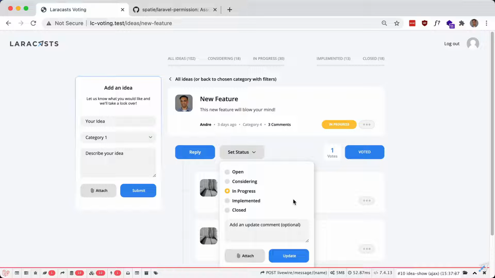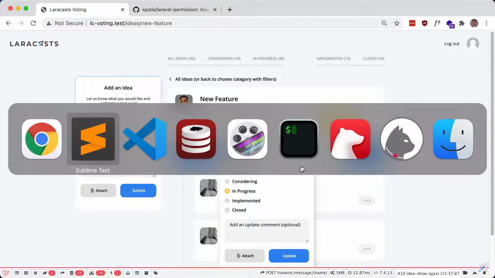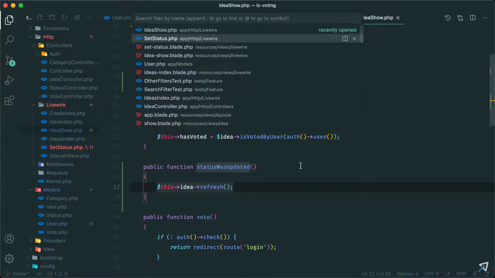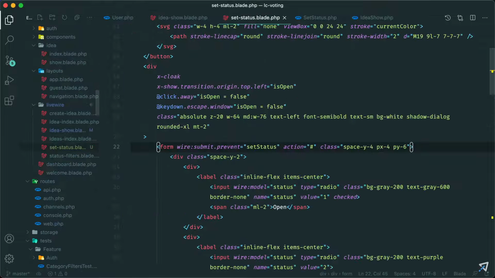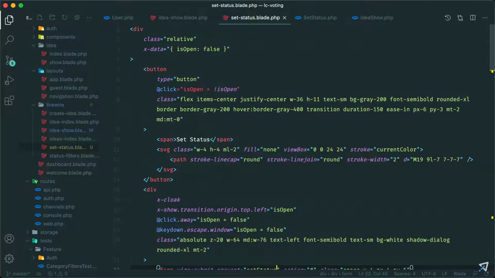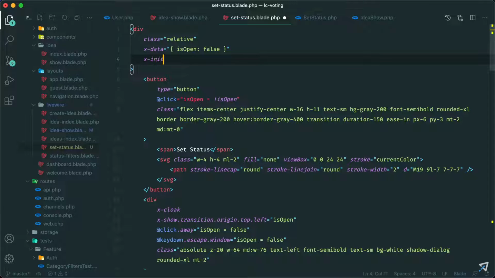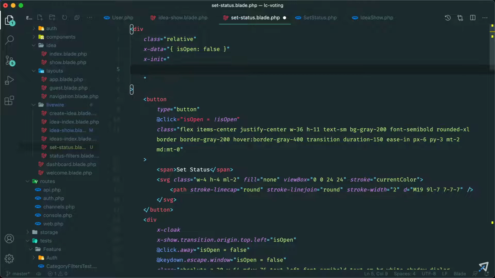Okay. So we also want to hide this dialog after the status changes. So we can actually listen for the event in the front end as well. So let's do that. So let's go to our set status, and up here where it's responsible for showing and hiding the dialog, let's listen for that event. So we can do X init and add some JavaScript here. So let's do